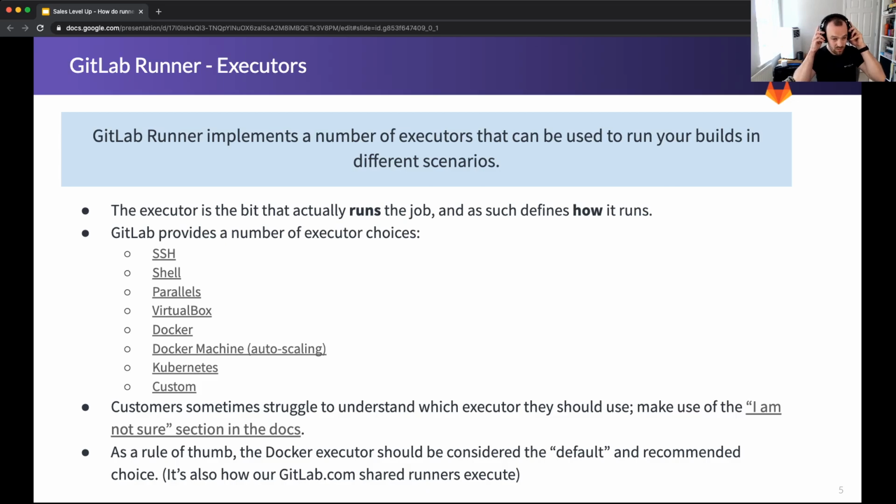Customers do sometimes struggle to understand which executor they should choose. So my recommendation would be to make use of the bit in the documentation that says, "I'm not sure." There's a link in the slides. Use that. It will go through each of the various executors and explain the pros and cons of each and where you would use one over the other. However, as a rule of thumb, especially in early stage conversations with customers, the default choice should probably be Docker. There's various reasons why that is. I won't go into them. It's long and technical, but